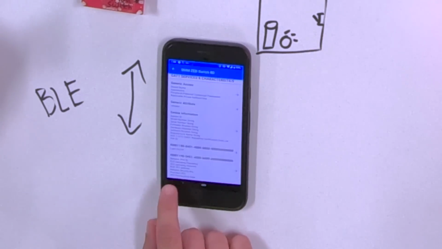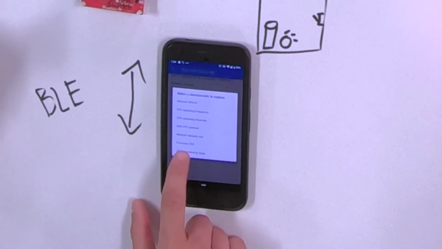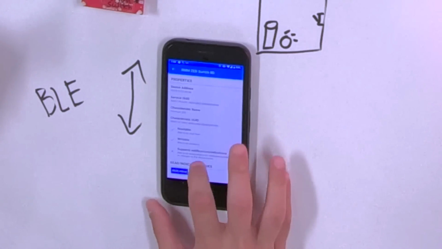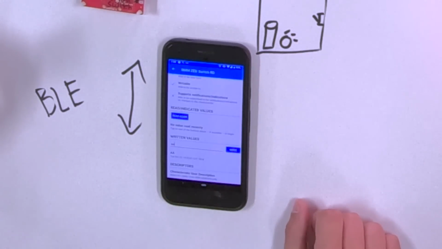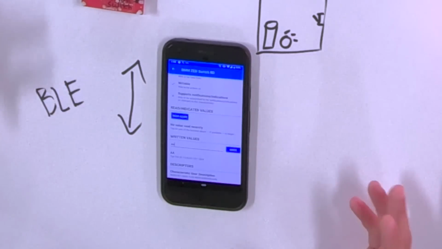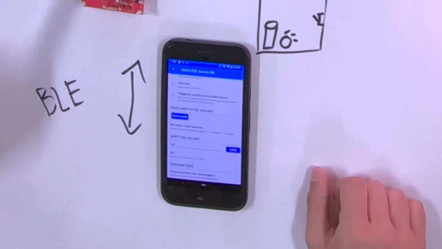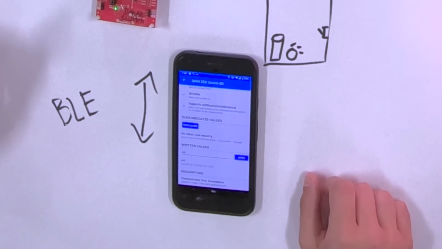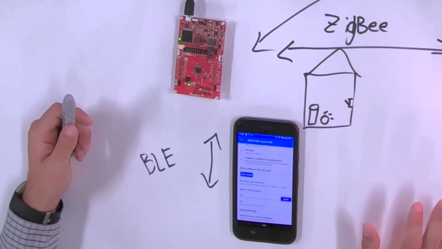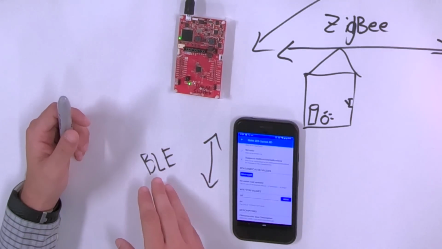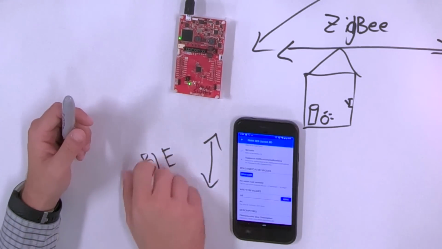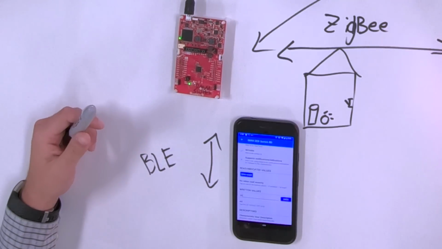And right down here, we'll have a characteristic called Provision Zigbee End Device. Right now, we have it waiting to see a value of AA. That value doesn't necessarily matter. That can be whatever you want it to be, but we have it set up to look for a value of AA. And so what it's doing in the background right now, you'll see that the LED is blinking. That means it's attempting to join the network. And now that it's a stable LED here, it has connected to the network.